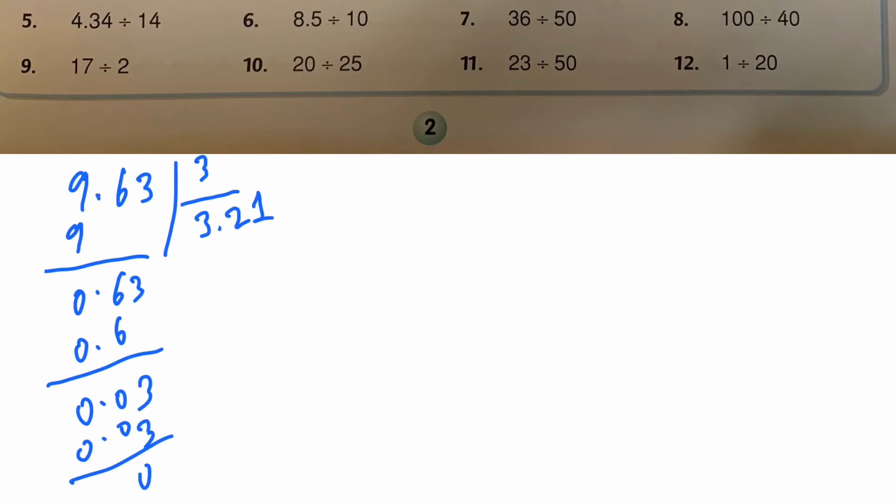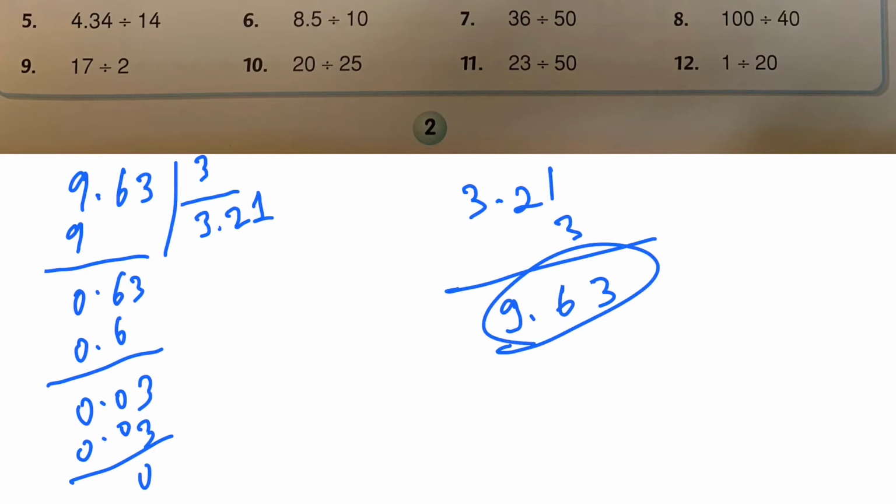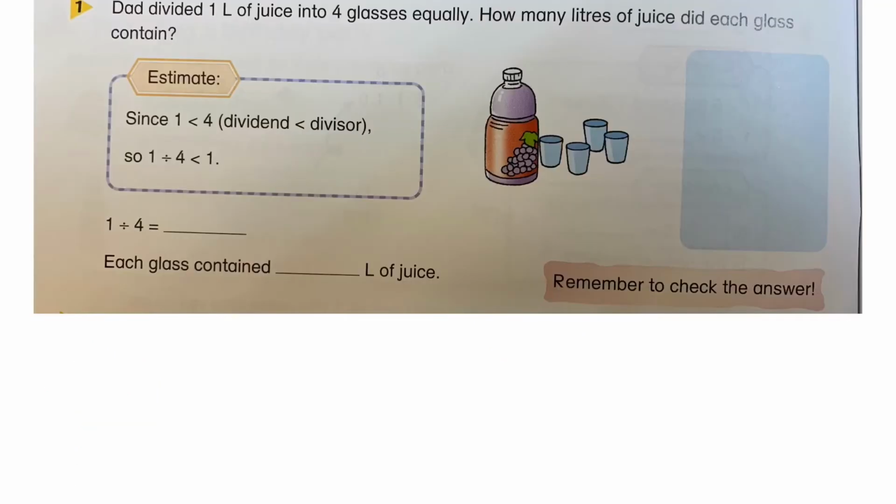To check it, we can multiply 3.21 with 3. 3 times 1 is 3. 3 times 2 is 6. 3 times 3 is 9, and we put a decimal point. As you see, we get the same answer, so we made it correct. And we can do this exercise fully again later, and we continue with